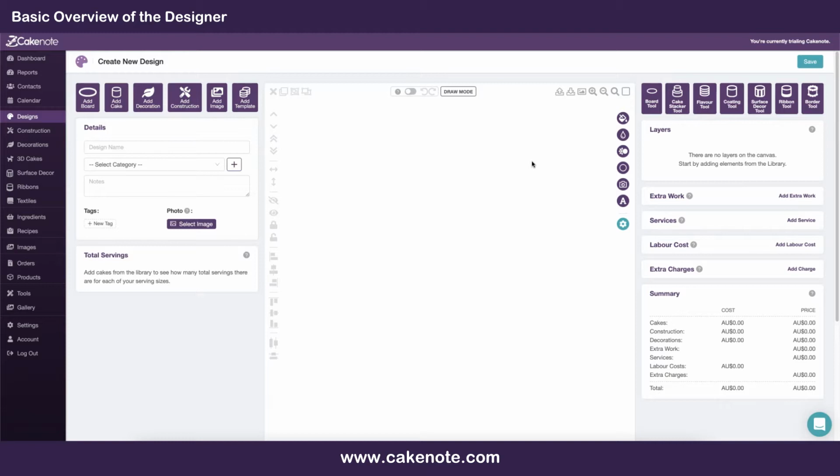You'll see that the designer has a few different sections. These buttons on the top left corner are used to add elements to the canvas. So we can add boards, cakes, decorations, construction items, images, and templates. Templates are basically any saved groups of elements. For more information about these buttons and what they do, I'll make a separate video called How to Add Elements